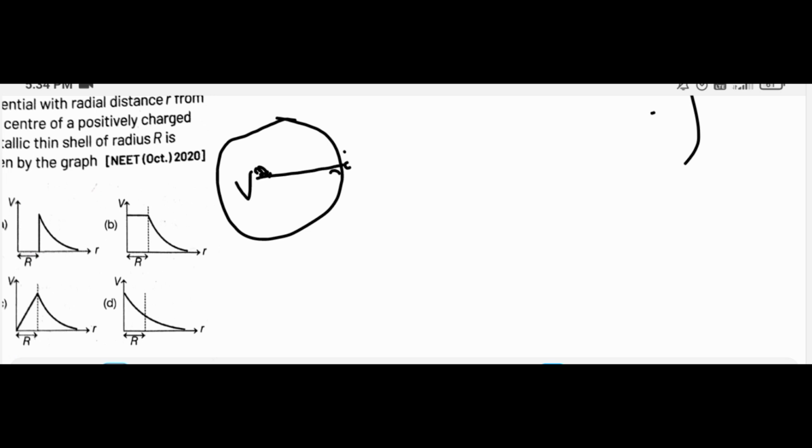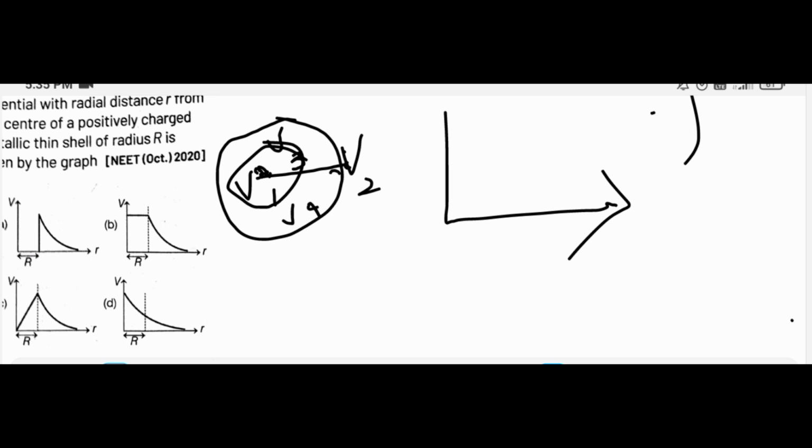V1 and V2 are at the surface, and V3 is inside on a concentric imaginary line. If you consider V4 at any point, all these V1, V2, V3, V4 will have a constant potential value. So from the origin to the surface, the graph is going to be constant,